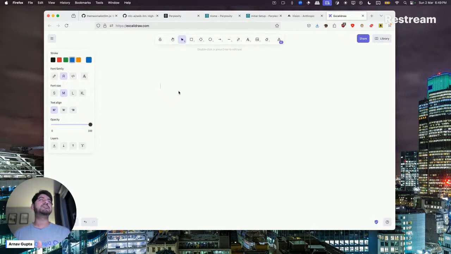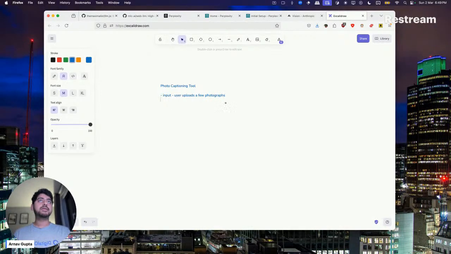I just looked quickly at some of the tools that are available to use the LLM APIs. But let's say I want to make a photo captioning tool. Let's say the user uploads a few photographs and we put a caption for those photos.